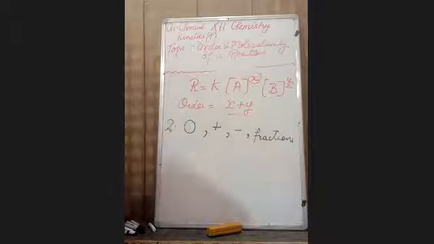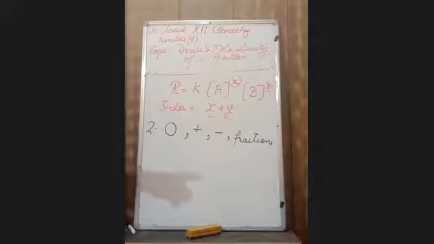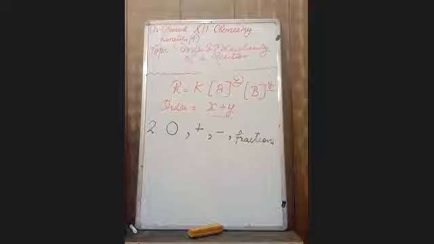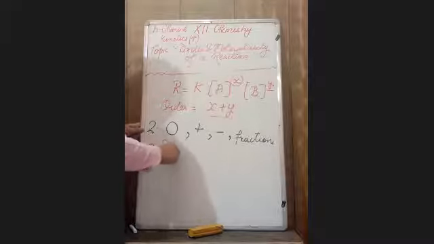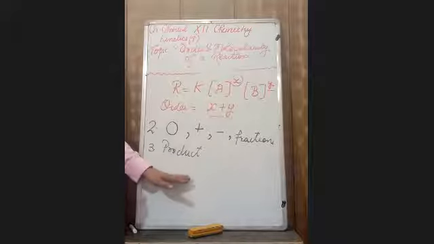So what is order of reaction? The sum of the powers of the concentration of reagents. Your rate of reaction can depend on reactant as well as on product. Fine. In the rate law expression, your rate of reaction only depends on the concentration of reactant raised to some power, which may or may not be equal to its stoichiometric coefficients. But in order of reaction, product can also determine the rate of reaction, and it is experimental data.